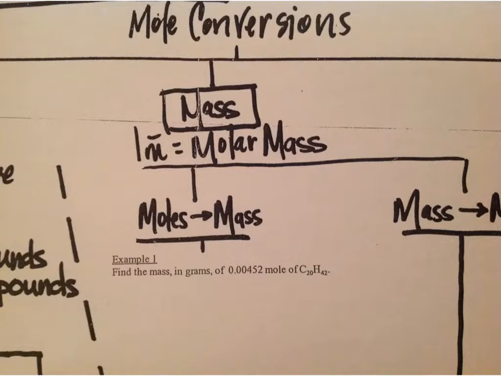Okay, so the first thing that you need to know is the conversion factor. Our first conversion factor was 1 mole is equal to 6.02 times 10 to the 23rd representative particles. Our second conversion factor is 1 mole is equal to the molar mass. Now, what is the molar mass? All that the molar mass is, is adding together all of the masses of each of the different parts of the compound. So, for example,